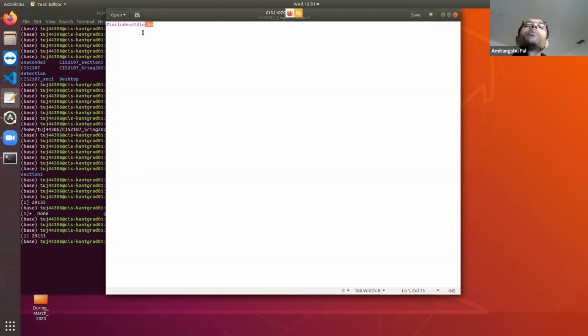Here I want to print hello world to the output terminal, right? Printing hello world means I need to use a function for printing, which is printf. In any C program, you have to use some header file. Standard IO is basically the standard header file that you anyway need to include. Clear? Now let's write the main function.